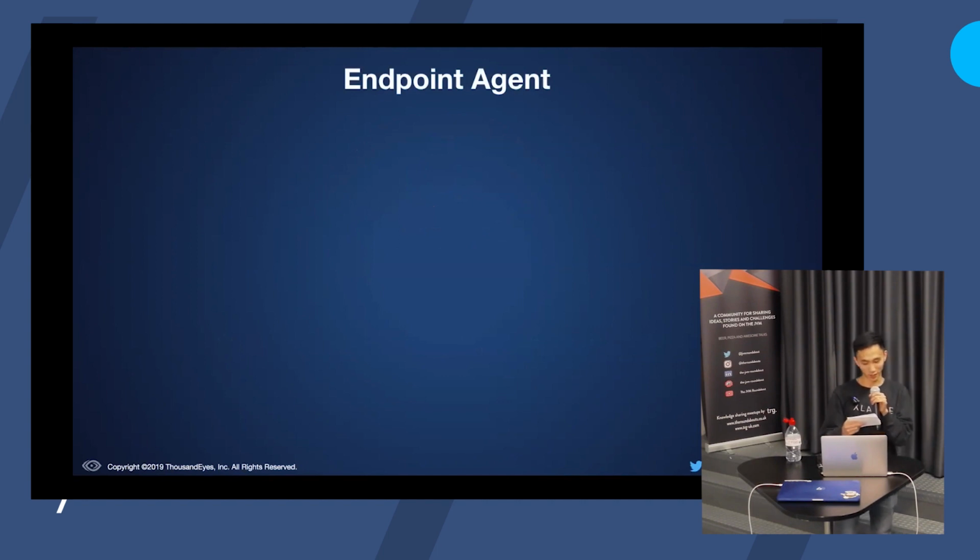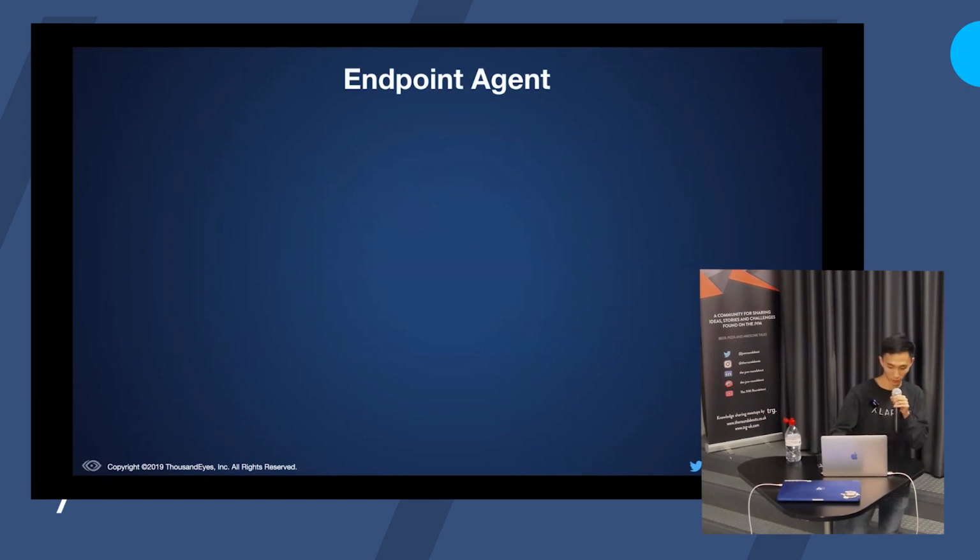The Endpoint Agent is a piece of software that our customers can install on their computers or on their employees' laptops to gain a better understanding of their employees' experience with the internet applications that their employees use. So to give an example, if you're a company that's using the cloud-hosted version of Jira, then our software can help you figure out if your employees have issues connecting to Jira. It'll give you metrics to diagnose the problems.